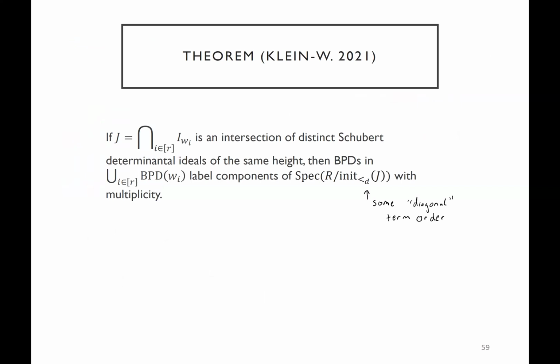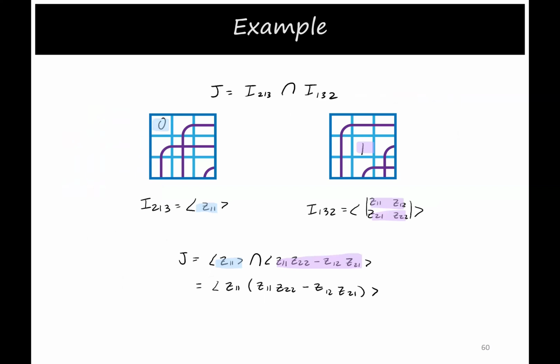And my theorem with Patricia Klein is that if you take an intersection of Schubert determinantal ideals of the same codimension, then for certain diagonal term orders, the components in the limit are labeled by bumpless pipe dreams with some notion of multiplicity. Again, bumpless pipe dreams, they're ASMs. And intersections of these things are sometimes ASM varieties. This one doesn't happen to be an ASM variety, but it highlights the notion of multiplicity in a reasonable way